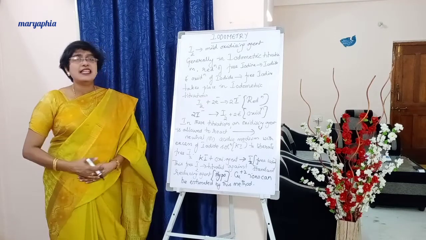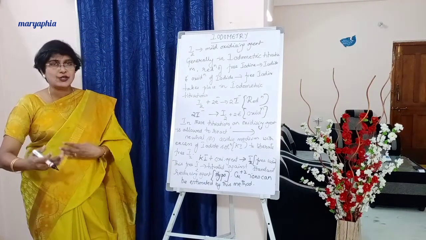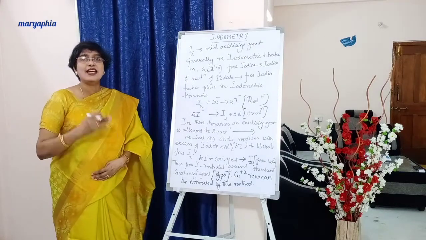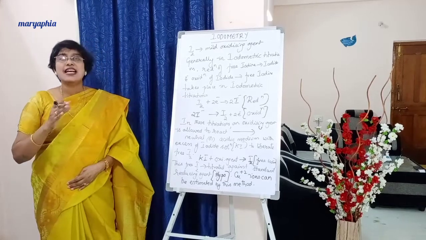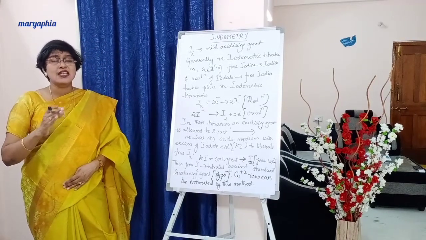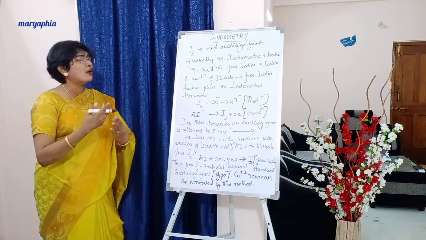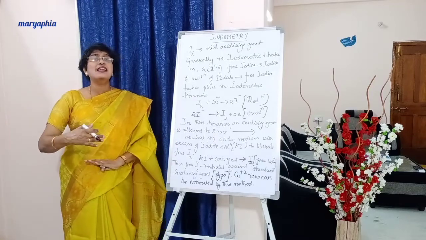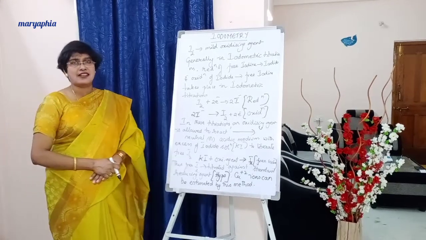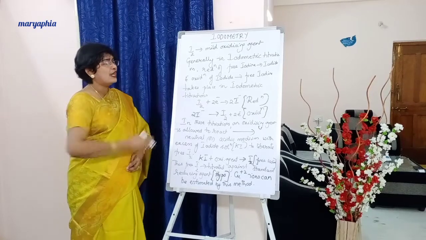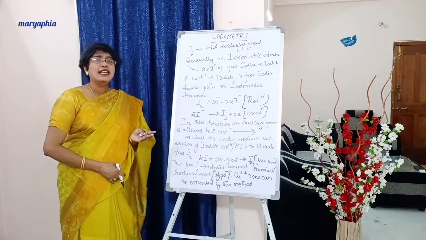Generally in iodometric titrations, what takes place? Reduction of free iodine. Free iodine means I2 to iodide. Iodide means I minus. So what is that called? That is called reduction. So reduction of free iodine to iodide and oxidation of I minus to I2 generally will be taking place in these titrations. Below I have given it in the form of reactions also.